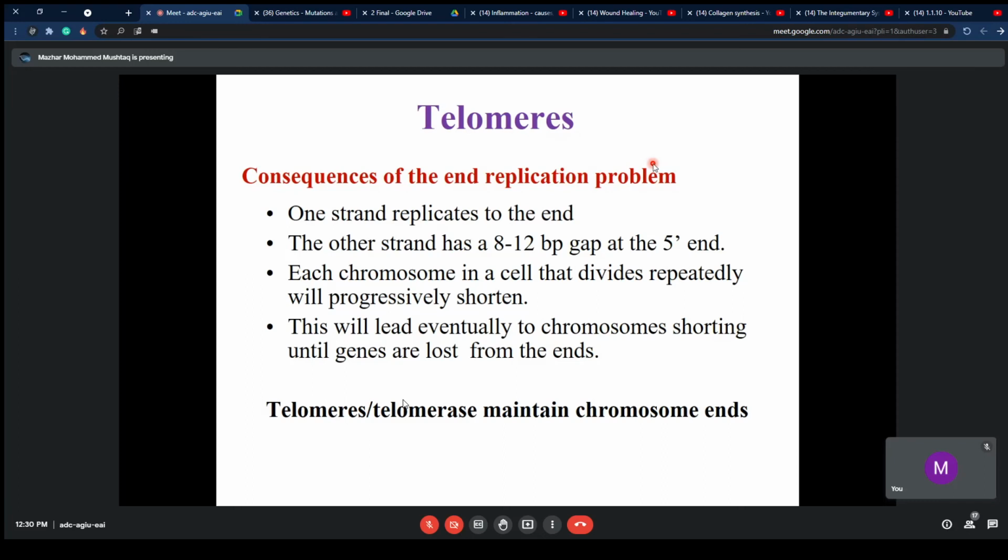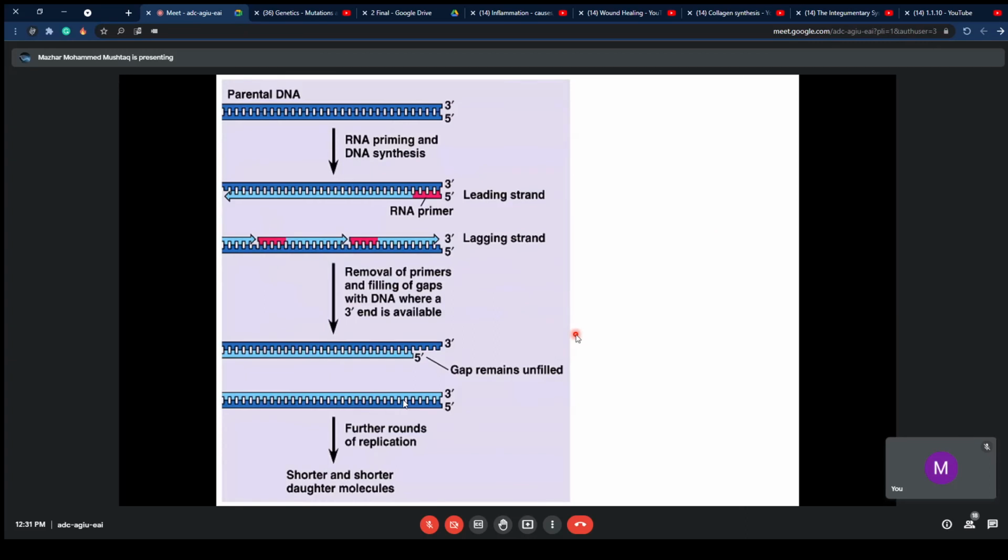There is a shortening of the end of the chromosome, and if it gets shorter and shorter in every replication, what happens? The end of the chromosome is damaged. It is sort of eaten up. It is no longer there, and the shortening of this chromosome will cause the aging process. So basically, this is what happens